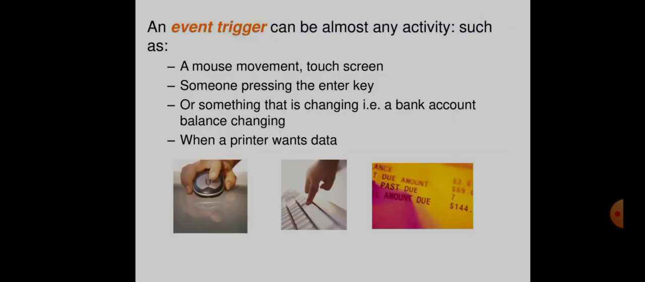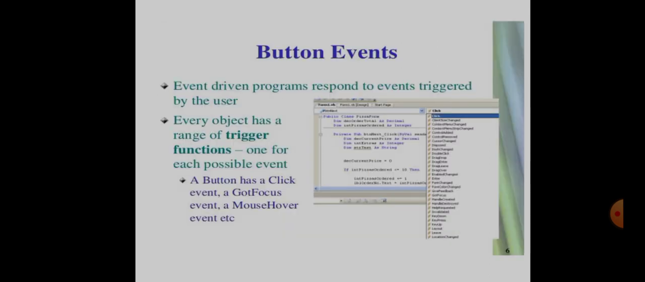This is one example of trigger functions. The user presses a key on the keyboard or clicks a button on the mouse. Some actions will be performed. So that is called a trigger function. This is a button event. The button has a click event, and otherwise we use many more events, such as the got focus event or mouse over event,